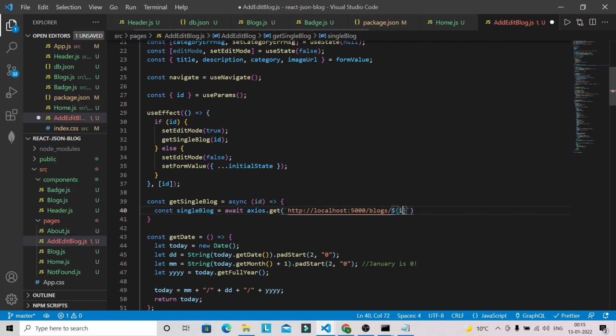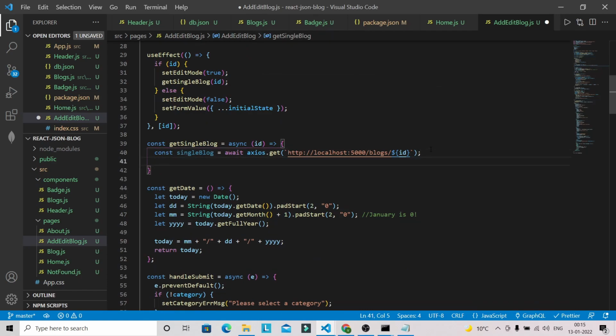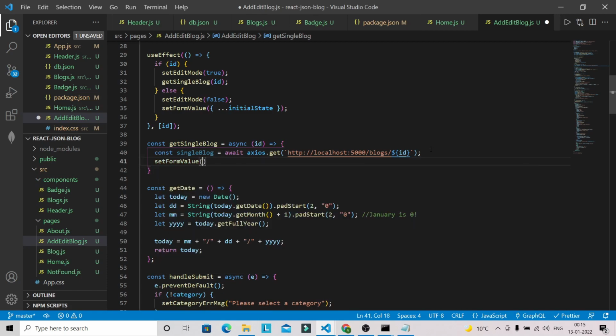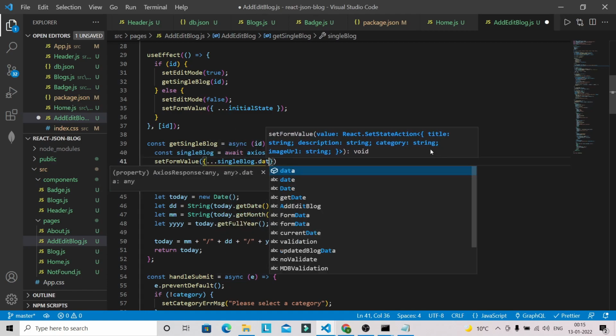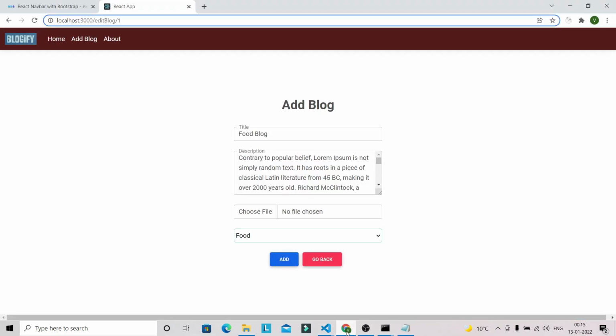Okay, and after this we can basically do set form value, and it will be single blog dot data. Okay, so let's go into the browser. So now you can see that we are able to populate all the existing value into each respective input field